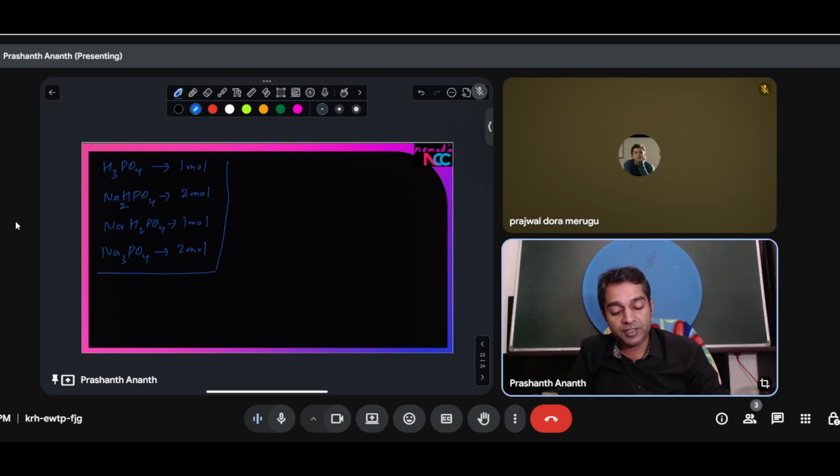All of these are mixed into one solution. If I'm asked to find the pH of that solution, how do I proceed and how do I go for calculating this? So the idea here is you have to understand